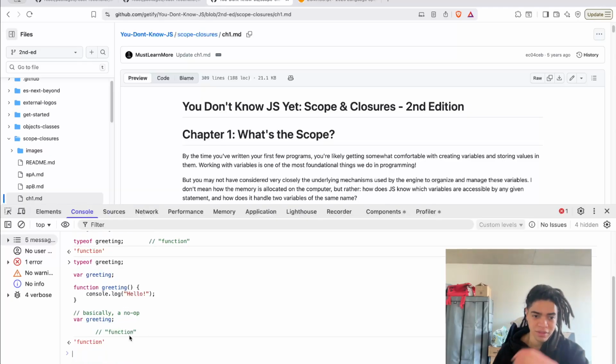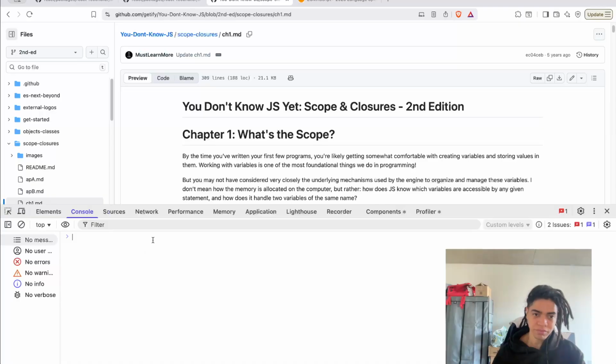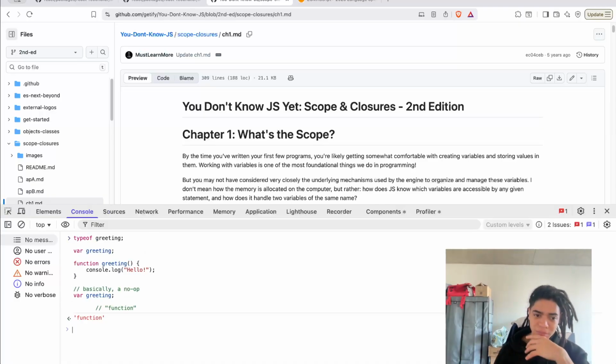So when you run this, let me rerun this. At this point, it makes a lot of sense. But it's interesting that, hey, this is now a function. So in other words, this is telling you that there is a priority here for identifiers: functions come first and then variables.